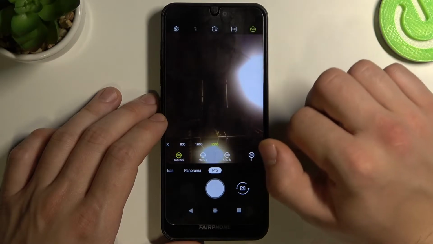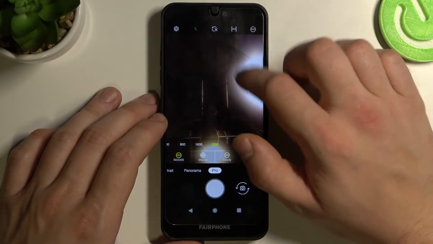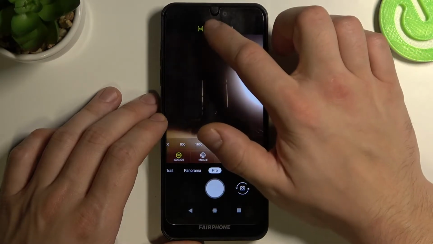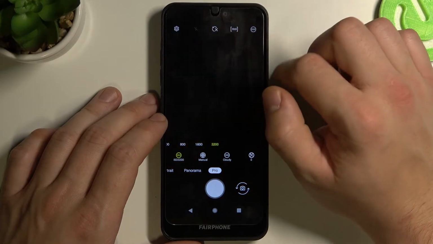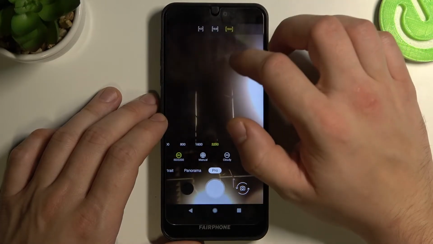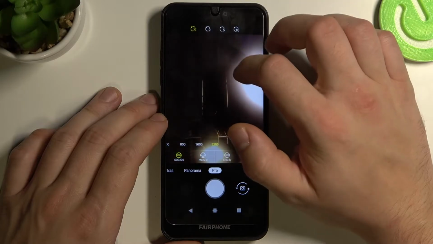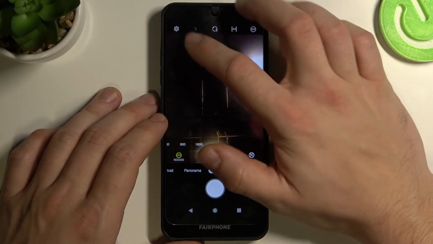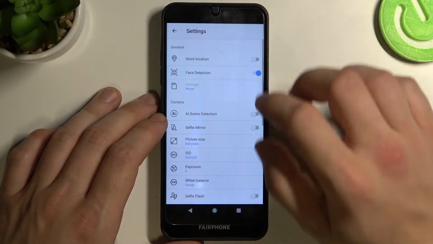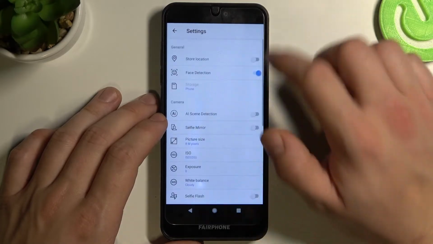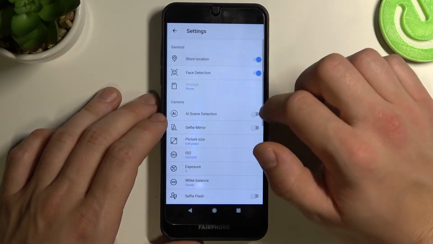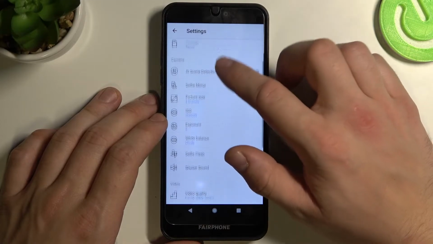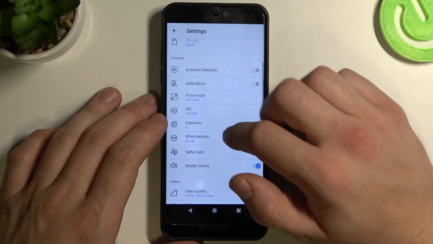Then we can turn on or off RAW, change picture size, timer, and go to settings. In settings we can turn on or off store location, face detection, we can change storage,